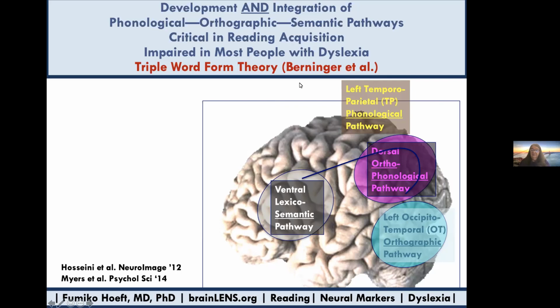But the main thing from this, as you probably remember from last time, is focusing on the fact that the phonological pathway needs to connect with the orthographic pathway, which occurs here, and then all of those need to connect with a semantic pathway. And the very first reference in the bibliography is one by Virginia Berninger on triple word form theory. That's not in the title, but that's what it's about.